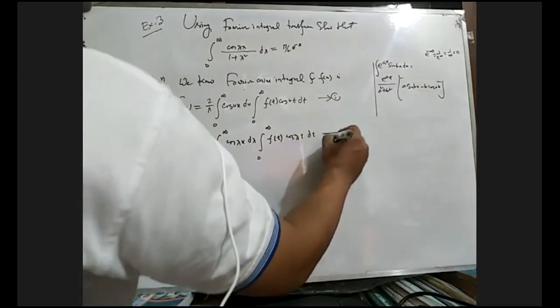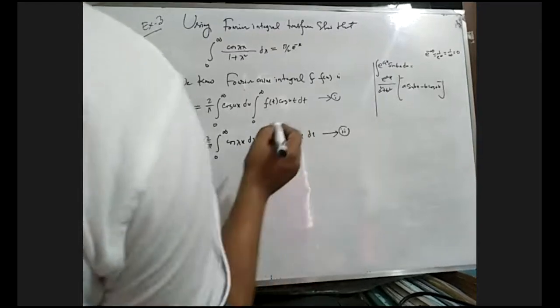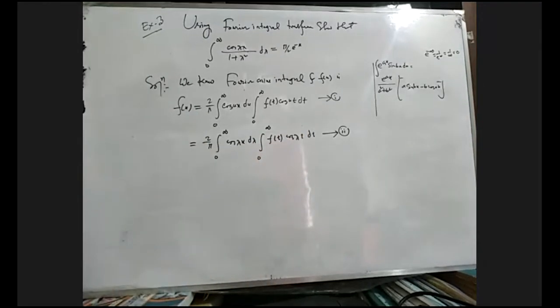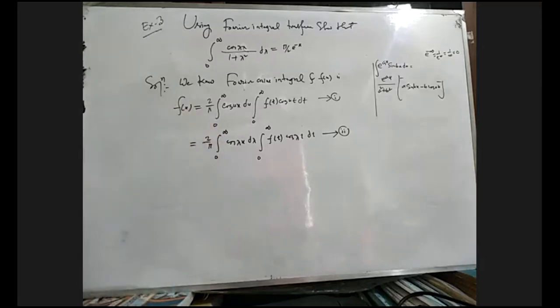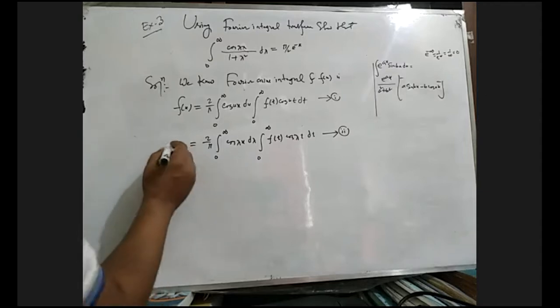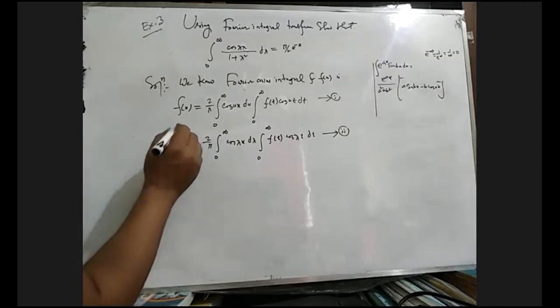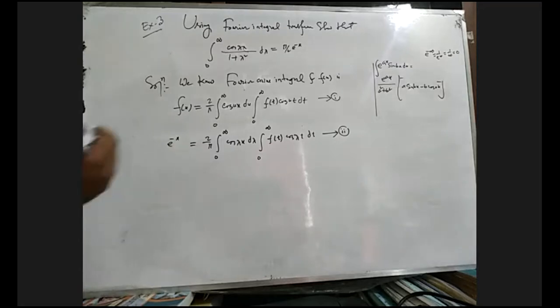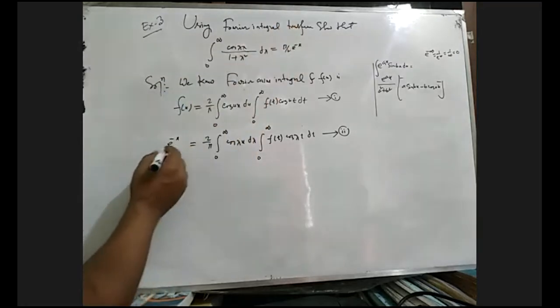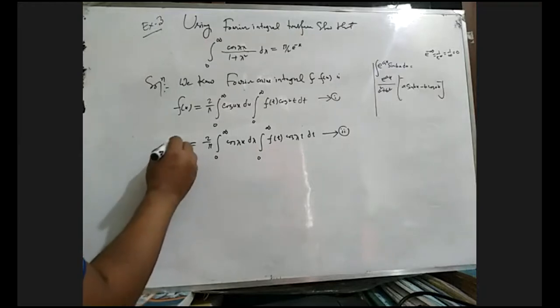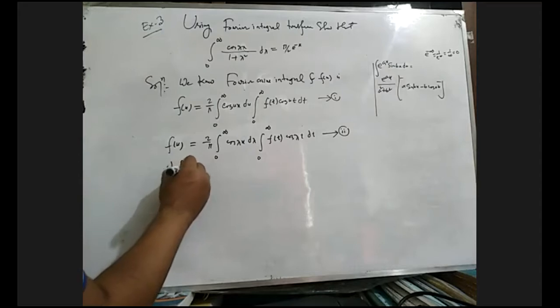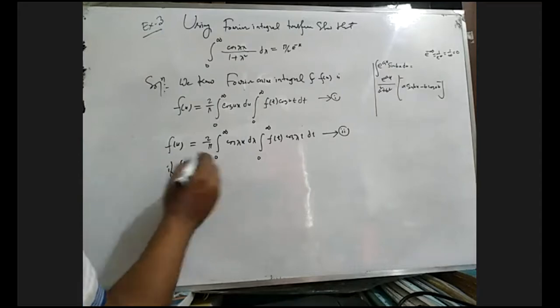Okay, this is equation number 2, just replacing u by lambda. Now f of x equals to e to the power minus x. Considering function f of x equals to this, if f of x equals to e to the power minus x,